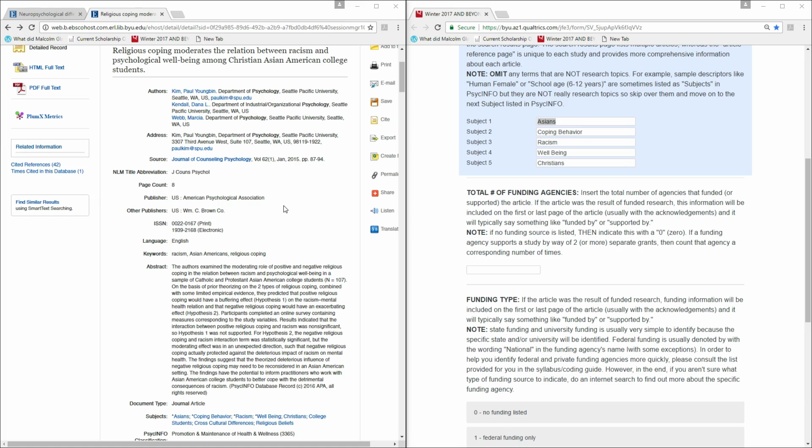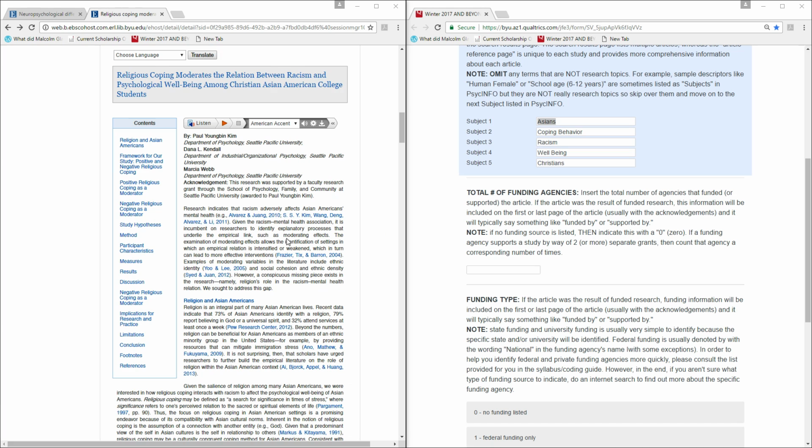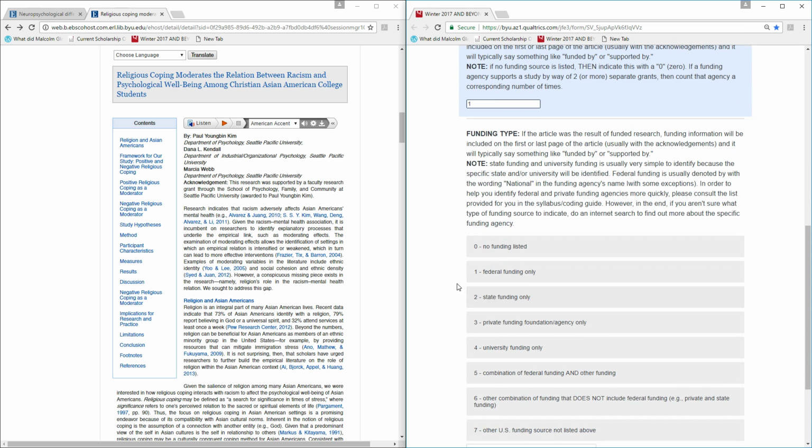In this article, it's at the beginning. So come down here, it's provided in HTML format on the page. So it says this research was supported by a faculty research grant through the School of Psychology, Family, and Community at Seattle Pacific University. So right there we only have one funding source, and we know that it is a